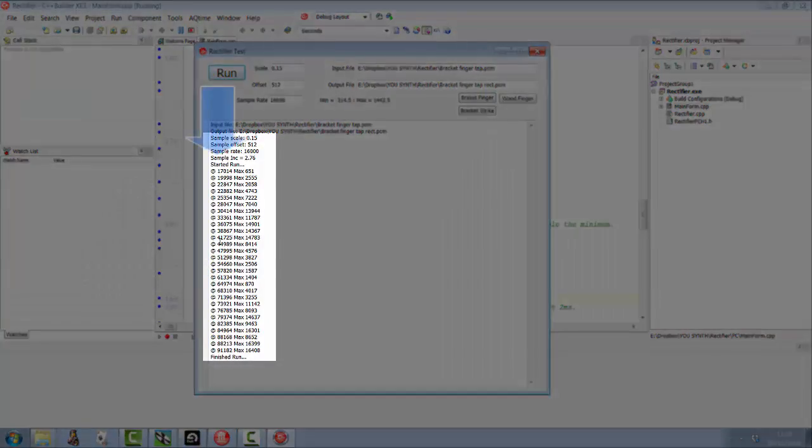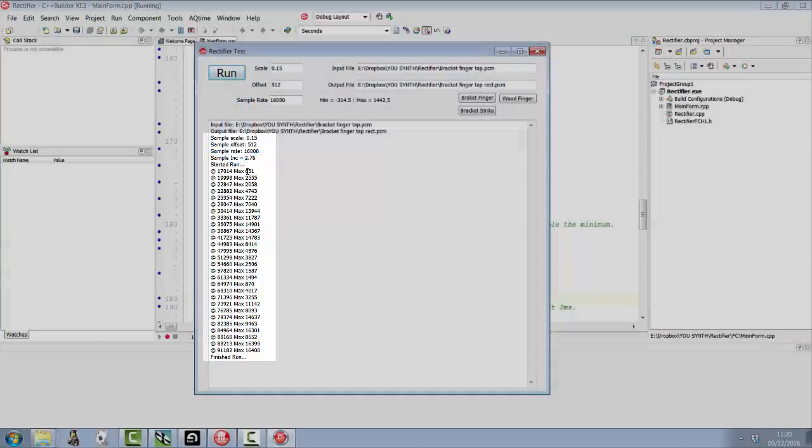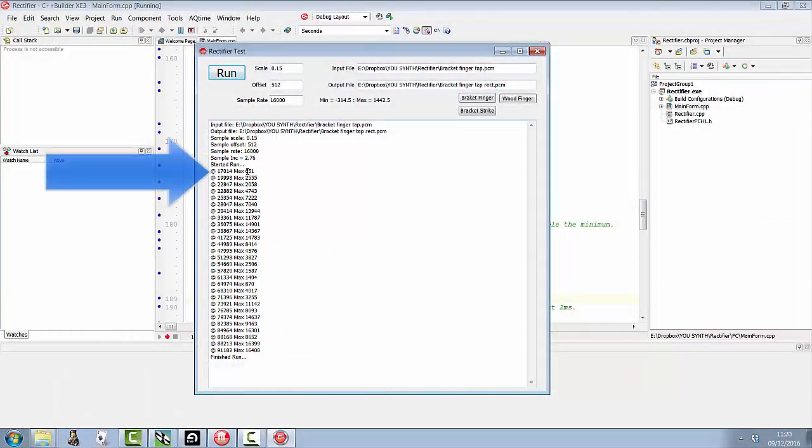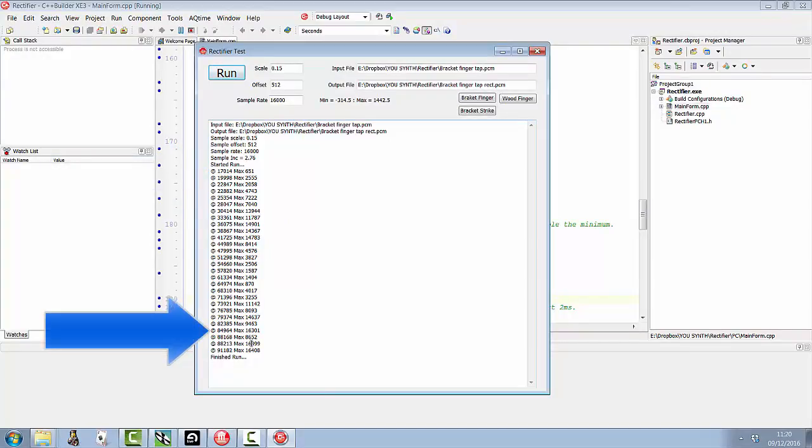This gives the sample at which the event occurred and this is just an arbitrary value, but you can see we're getting 600 to 1600, which is a good dynamic range. So at this point I'm happy with the functioning of the program,